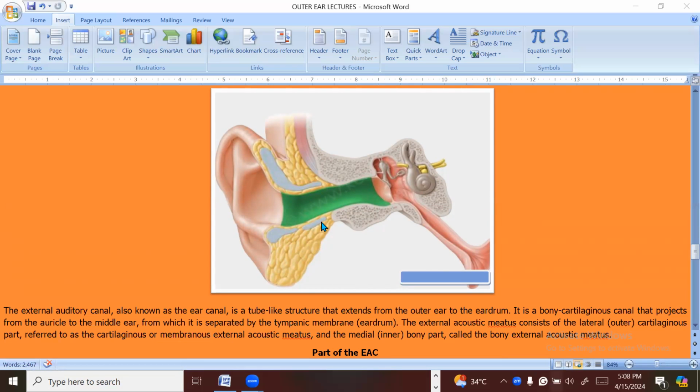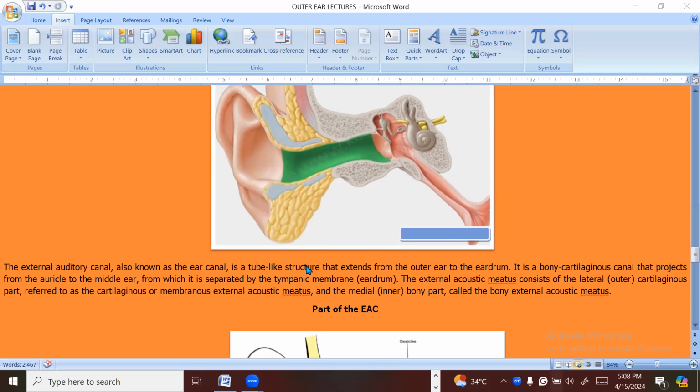And this is the cartilaginous section with membrane, and this is bone. So it has 2 parts: the cartilaginous part, which is a continuation of the cartilage from the pinna, and the bony part. The inside of this is lined with hairs that perform many functions and also secrete the cerumen, which protects against bacterial action. The external auditory canal, also known as the ear canal, is a tube-like structure that extends from